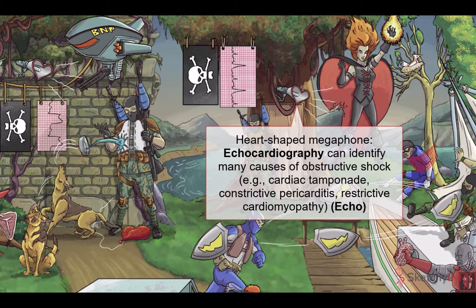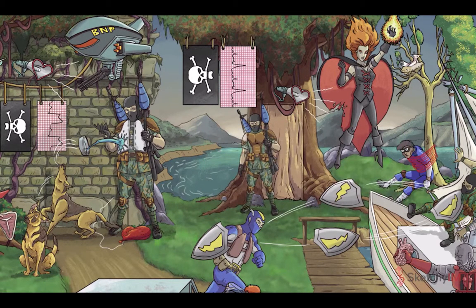The echo is the imaging modality of choice if you suspect your patient may have obstructive shock, as it can identify features of tamponade, constrictive pericarditis, restrictive cardiomyopathy, and even right ventricular strain suggestive of pulmonary hypertension or PE. Last but not least, let's recap the classic PA catheter measurements in obstructive shock that we reviewed in part 1